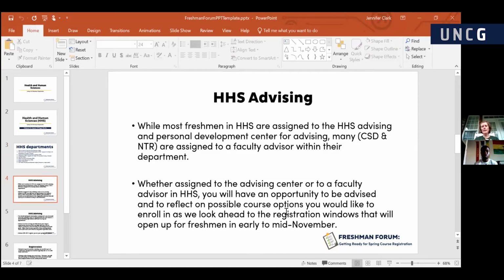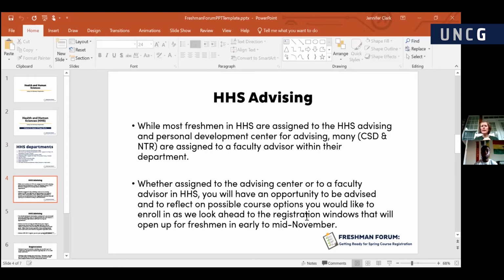Whether you're assigned to the Advising Center or a faculty advisor, you'll have the option to interact with your advisor at least once each semester. And for those who want to interact with them more than that, you can do that as well. Registration windows for freshmen typically open in early to mid-November.